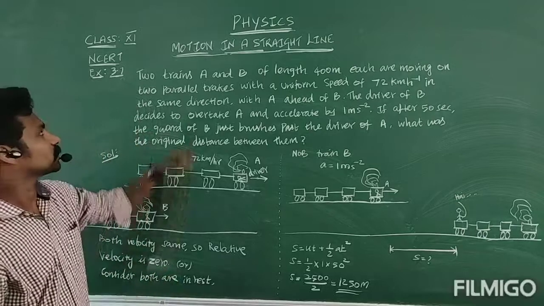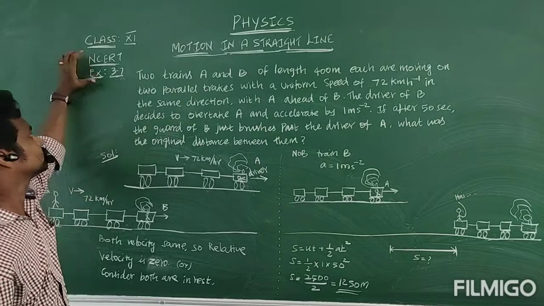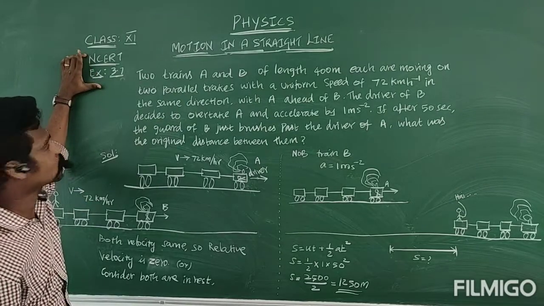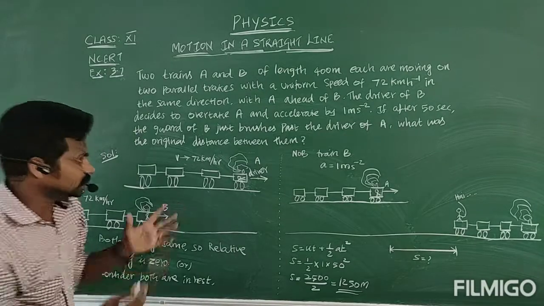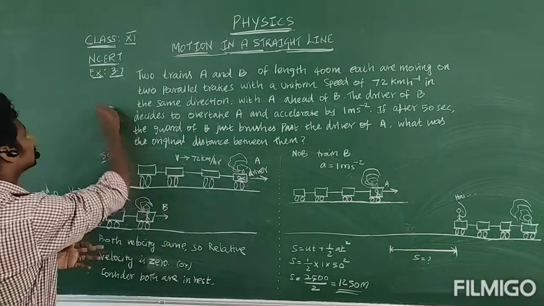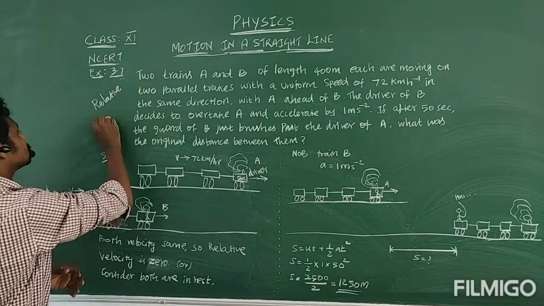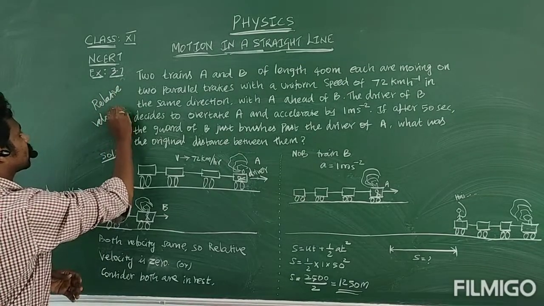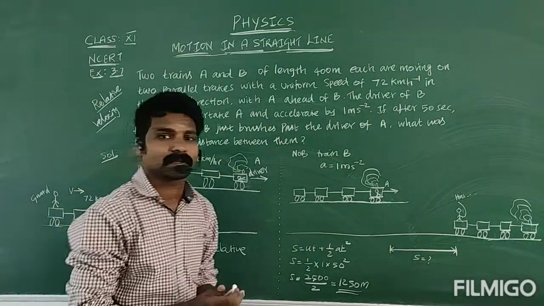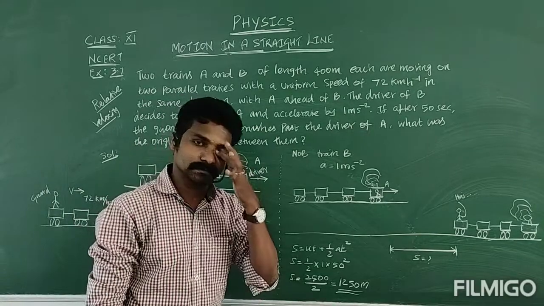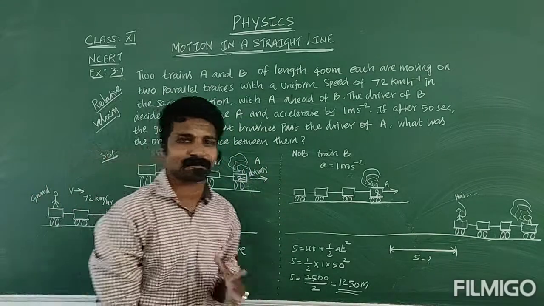Dear students, see the next one from 11th standard. Mostly in the straight line chapter, NCERT exercise problem number 3.7. Actually, this problem is related with relative velocity, but we are going to approach in a different way. It is a fantastic problem, a very interesting and fantastic problem.